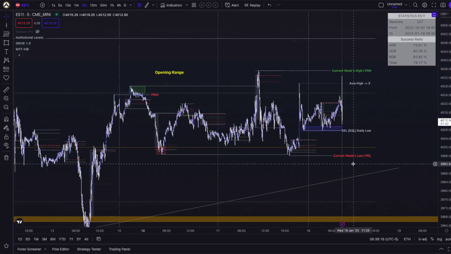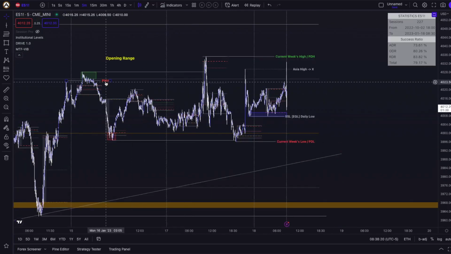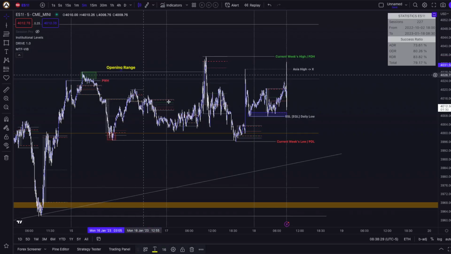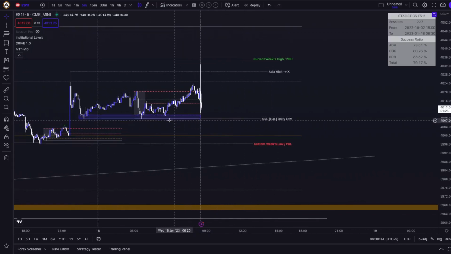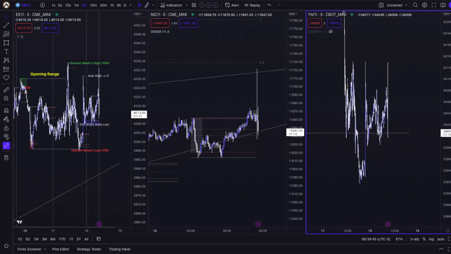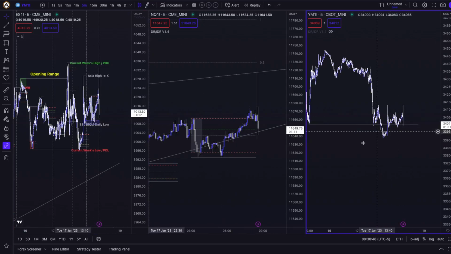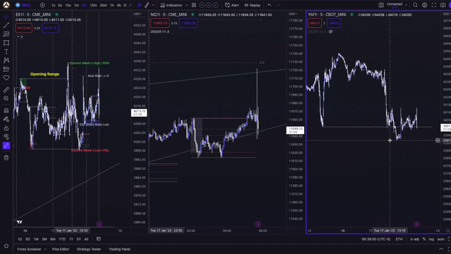So we will see how we move on going into this week from our opening range created on Monday that took out our previous week's high already, triggering higher time frame traders into the market. Well, I wouldn't be too sure about the retirement setup. It really depends where you place your stop loss because there's still room for this fair value gap to be filled. And overall, I don't like the divergence between YM and US 30 because YM, Nasdaq, and S&P 500